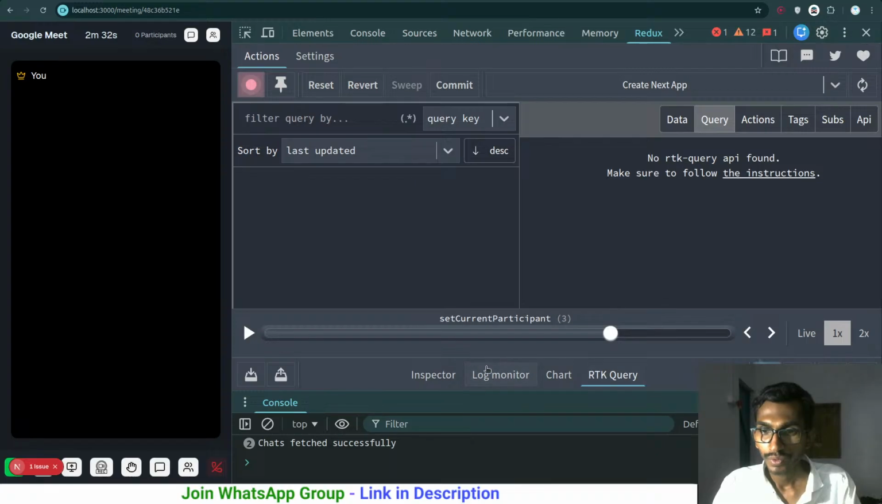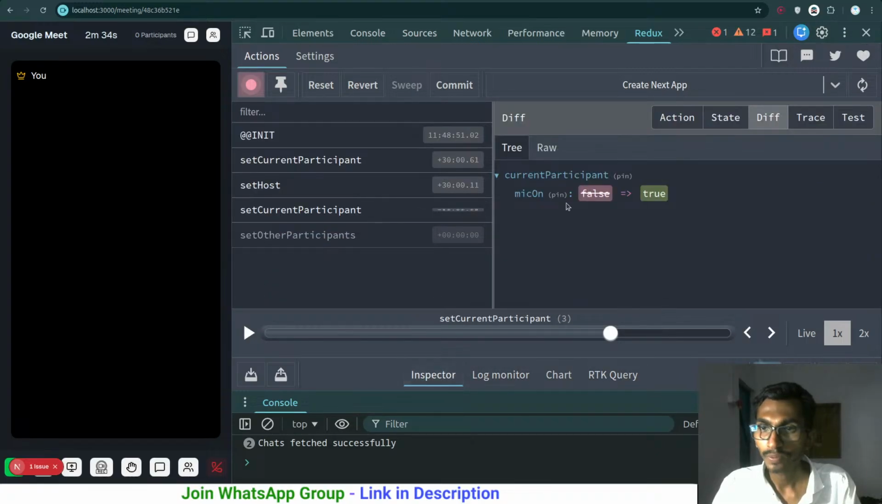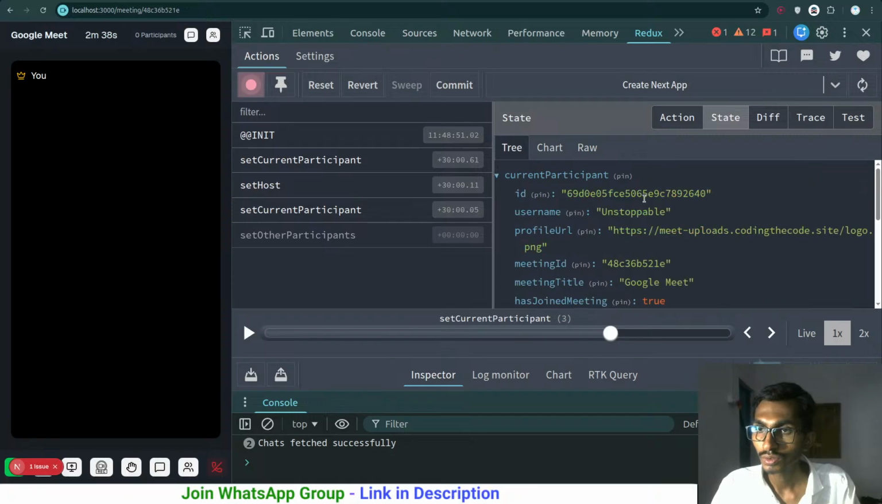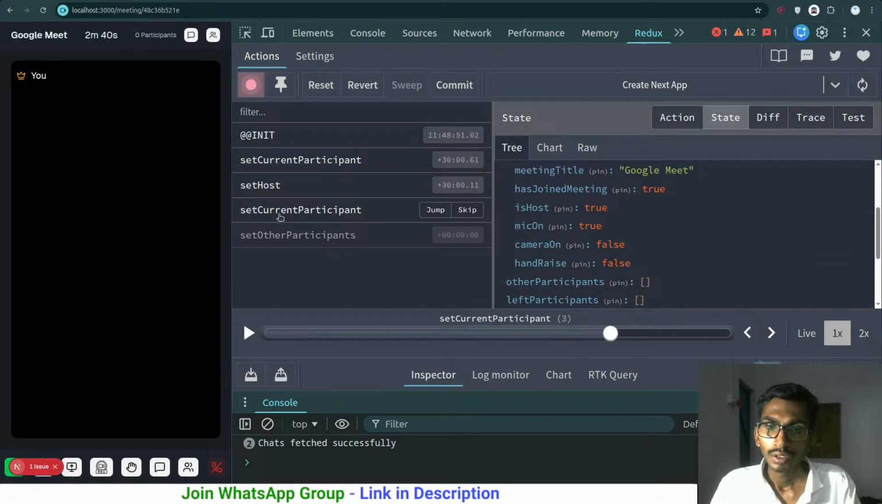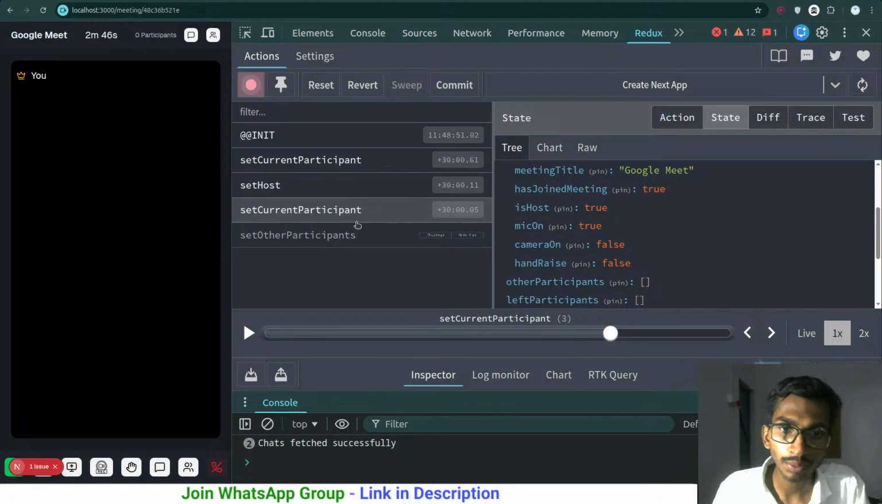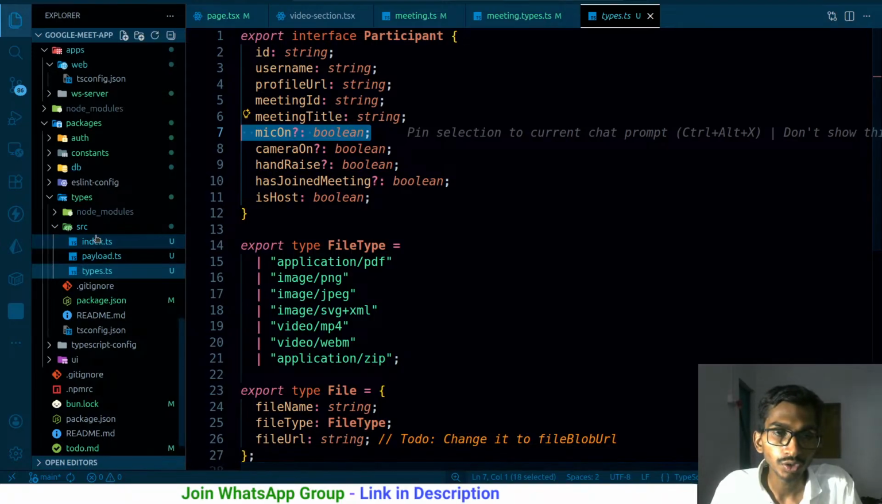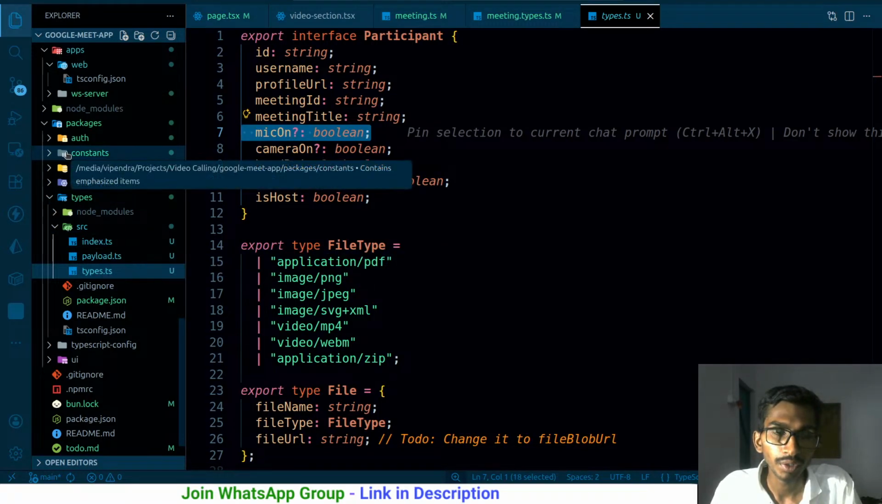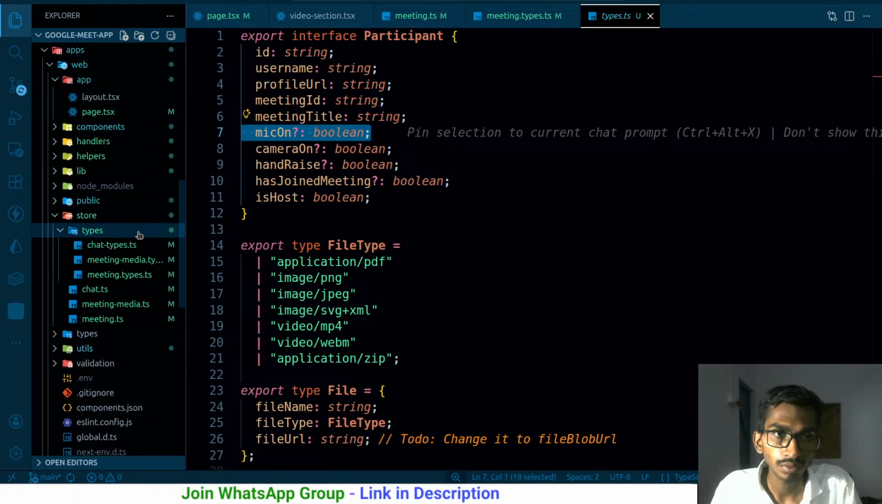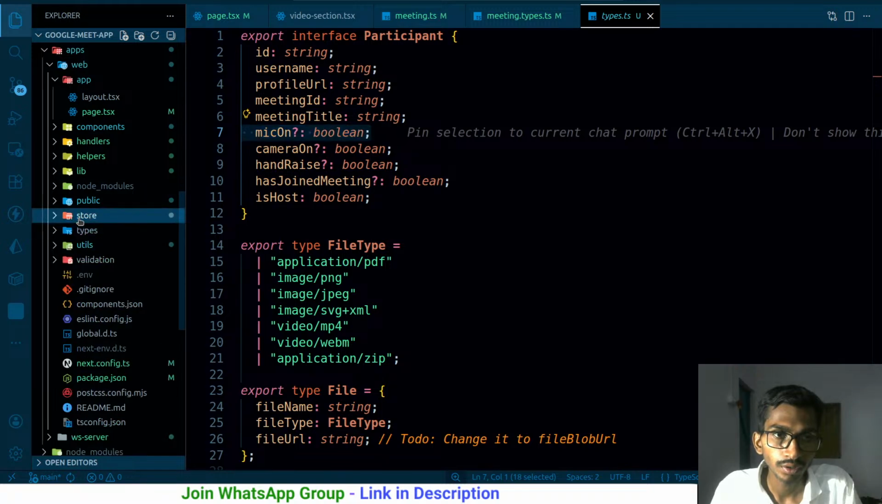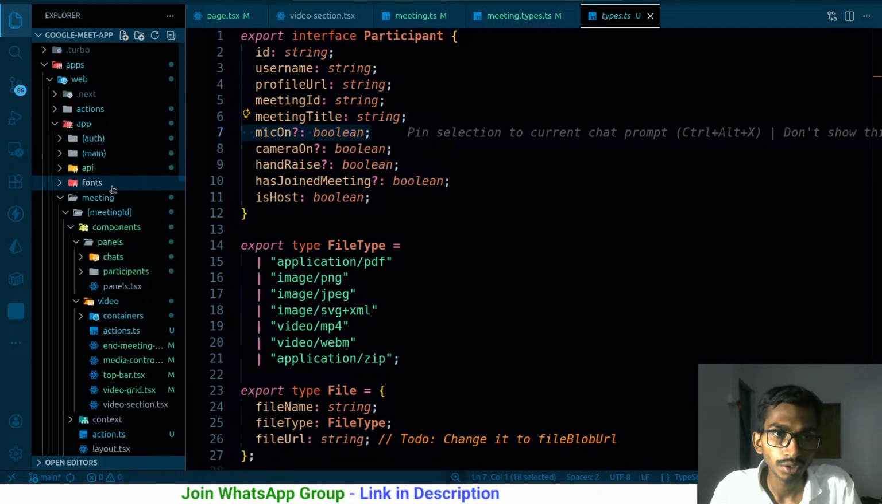RTK query. Okay, but coming back to this one, inspector and action, this set participant. When is this getting called and why is this getting called? Whenever I reload the page, I'm setting the participant again. Let's see. So whenever I reload the page, the meeting gets reloaded, I'm setting the current value of the participant, right? So when the page is reloaded,